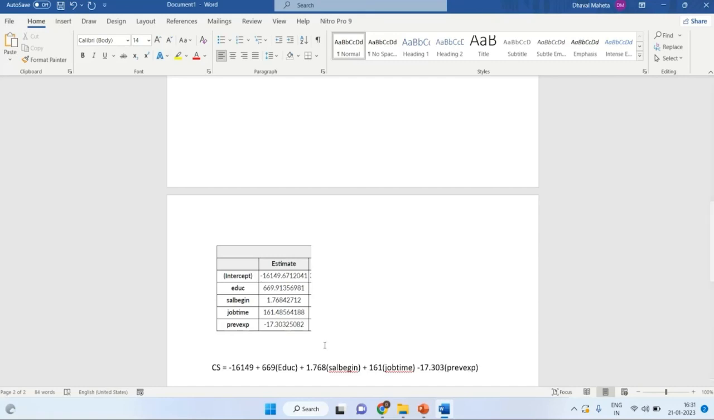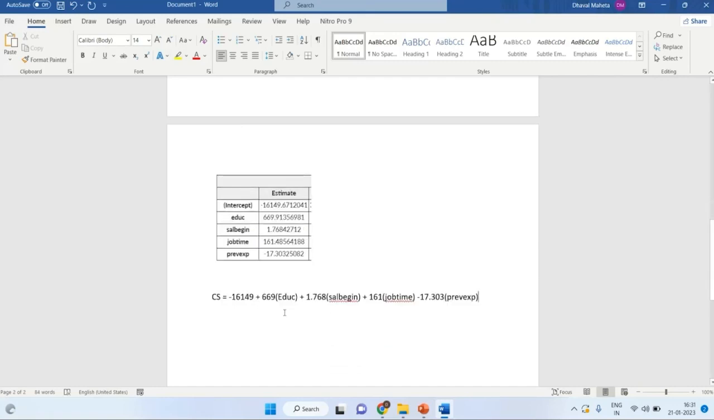Now, what is the interpretation? With an increase in education by one standard, your current salary increases by 669 dollars. With an increase in salary begin by $1, your current salary increases by $1.768. I will have to use the word dollars because this is the US data. With every increase in job time by 1 month, your current salary increases by $161. With an increase in previous experience by 1 month, your current salary drops by